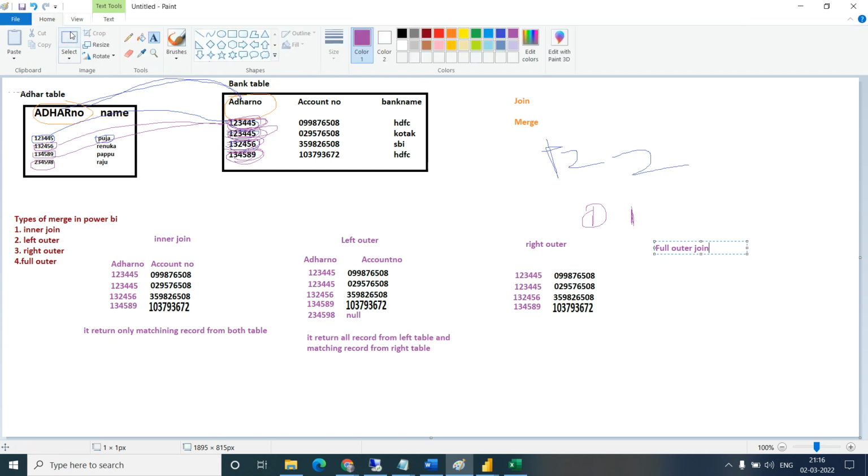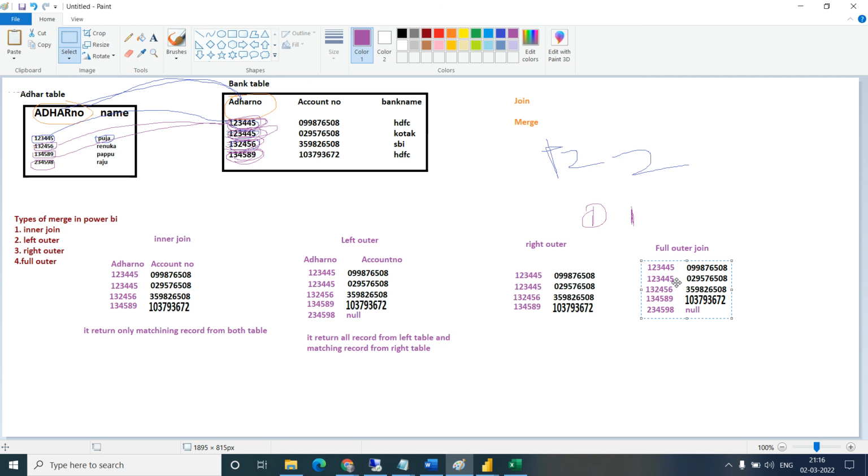Let me open this. So I think this will come, right? It will take all records from both the tables, whether it is matching or not. It will take all the data. Understood this concept?